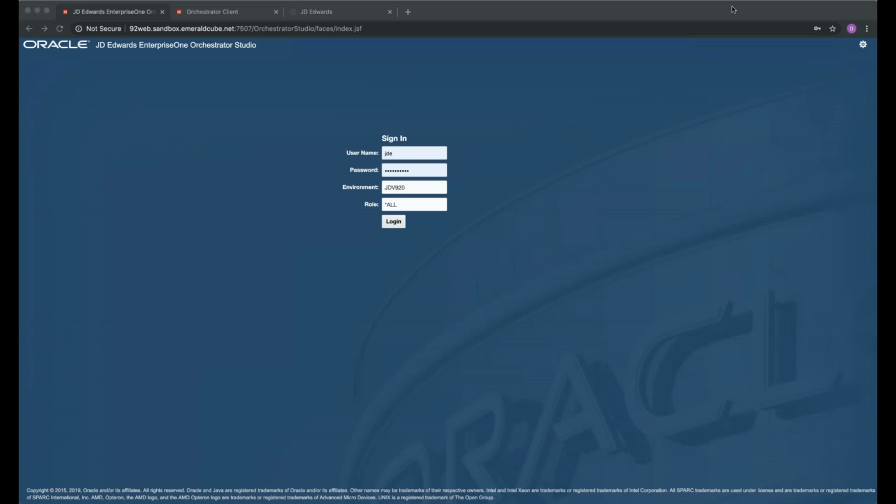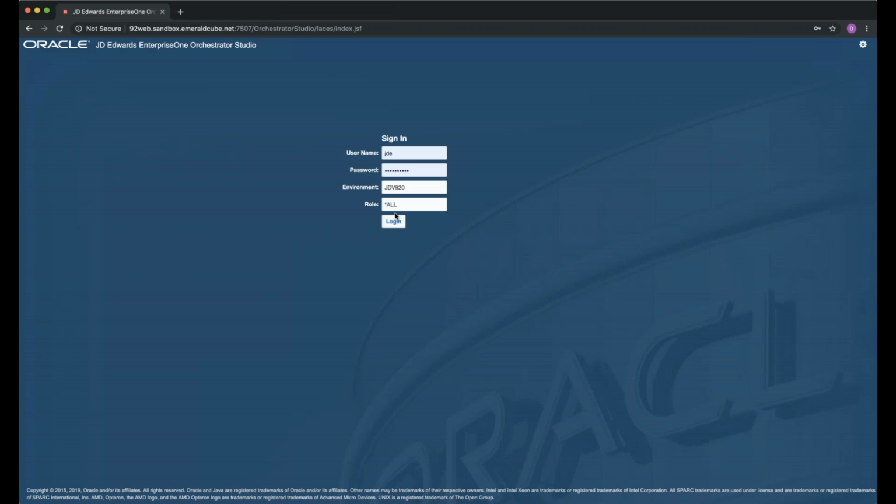So here we are. This is our sandbox that we have at Syntax. We have an Orchestrator instance, and we keep this instance fairly up to date, so I'm going to show you a few of the new pieces that we're able to utilize. This is what your Orchestrator Studio is going to look like. From a base level, this is what you're going to log in as and what it's going to look like. I'm going to close these tabs and I'll reopen them in a moment.